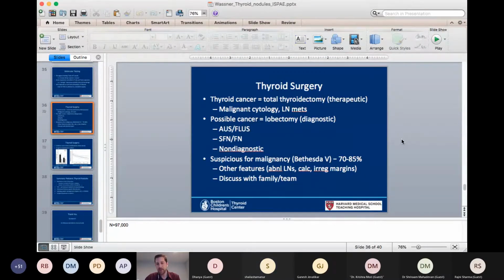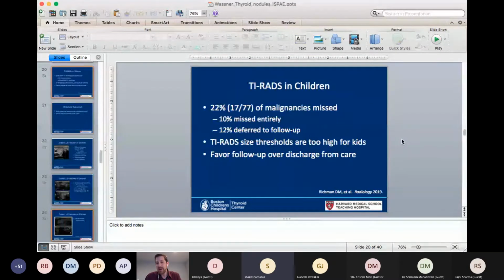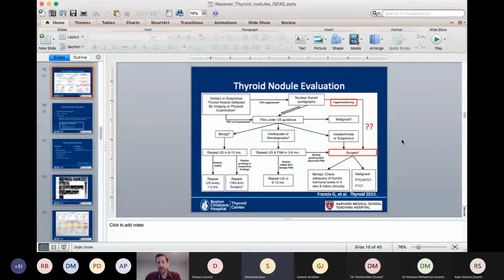So autonomous nodules, as I think I mentioned, in our experience, and if defined in a rigorous way, behave similar to adults and are very unlikely to be malignant. And so for that reason, I don't necessarily recommend surgery based on size. I think surgery is based on the clinical scenario. And so I would say with a nodule that big, the considerations are,